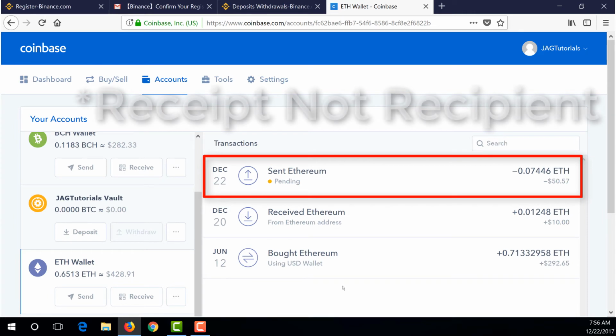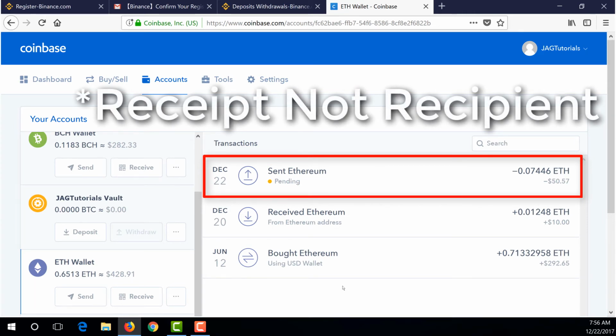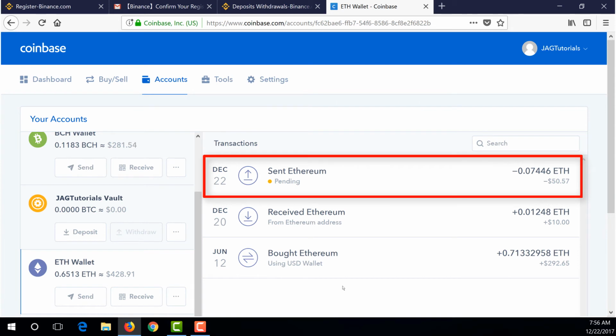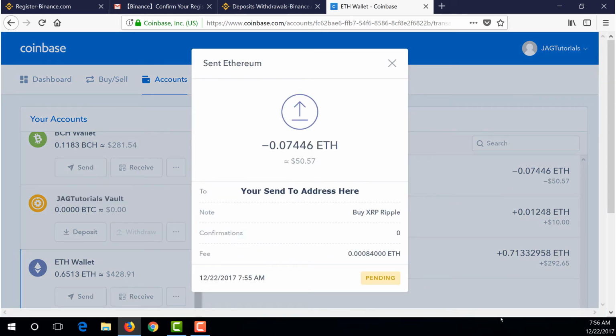Under Transactions, we can see the recipient for our new transfer. The recipient shows information about the transfer. If you don't see it here, reload the page. Selecting it will open it. The receipt shows information about the transfer, in addition to the status at the bottom. While it processes the transaction, it will show as pending, and after it completes, it will show as completed.